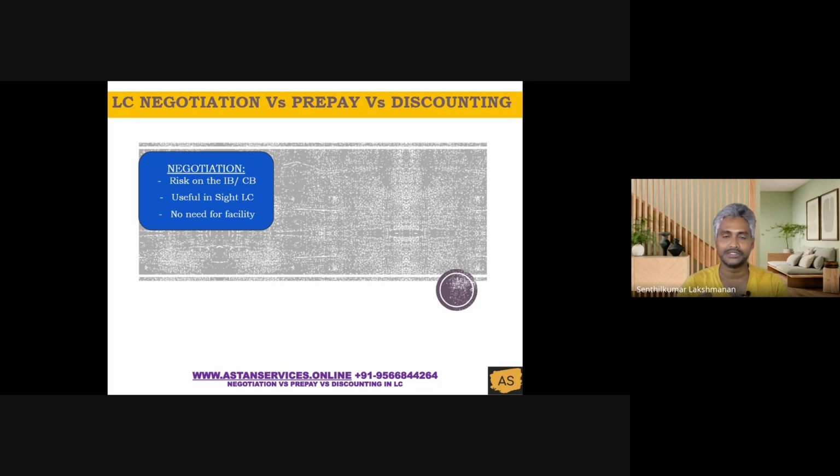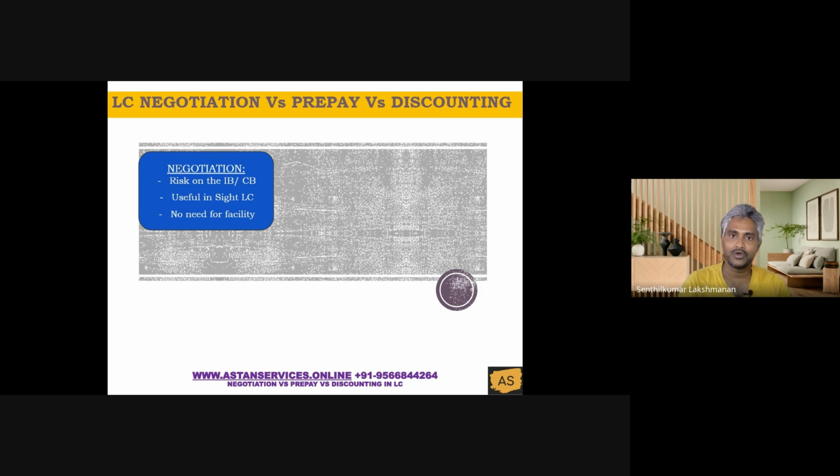Now the problem is when you don't have the issuing bank's account with you to debit, you need to rely on the issuing bank to remit the amount to you, which may take maybe 5 days or 10 days depending on the time zone, the currency, and banking holidays as well. And if there is a reimbursement banking arrangement, again you need to put a claim to them, and the reimbursing bank has to send the payment to you, which may again take 3 or 4 days, or even 5 days, or even more than that.